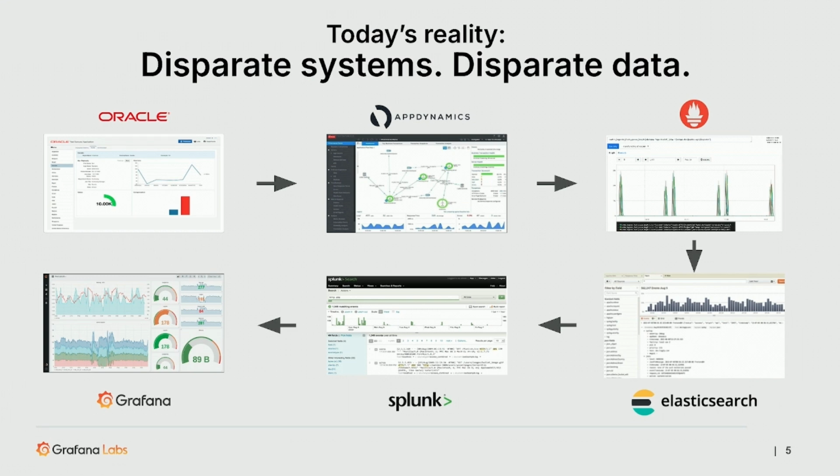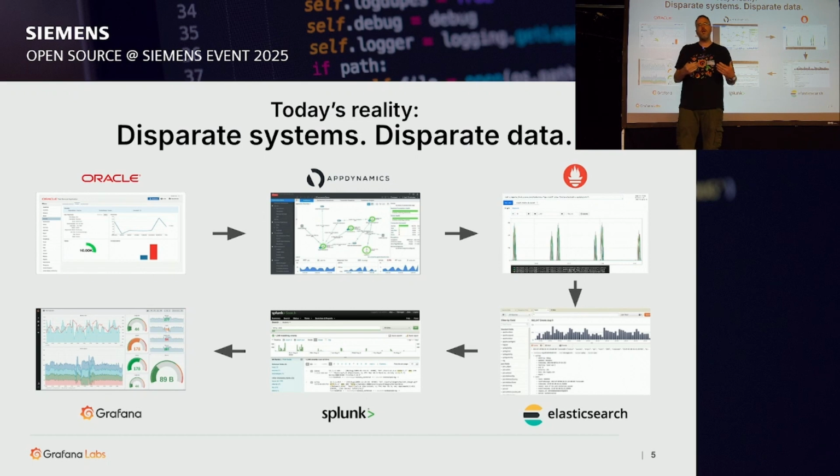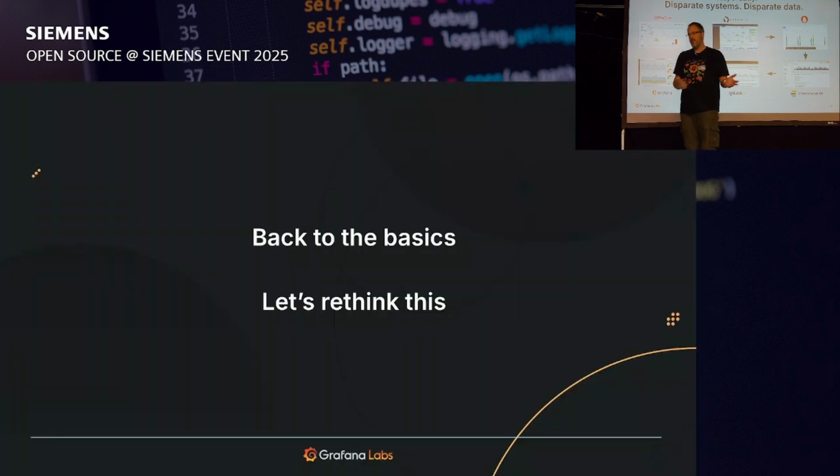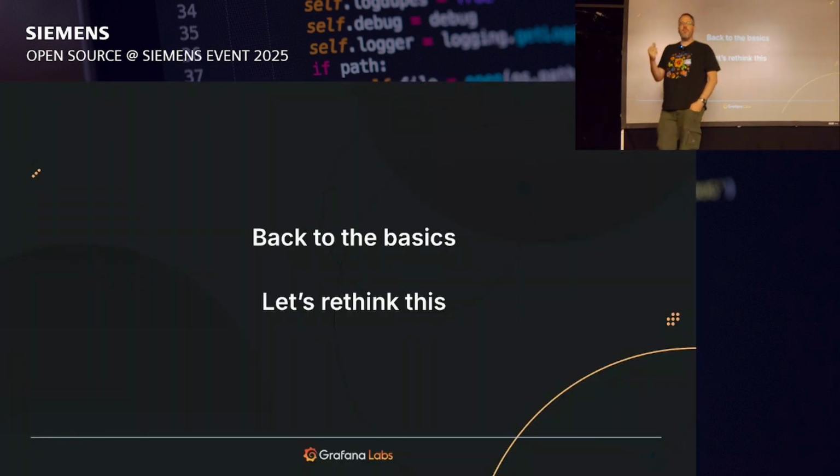The problem is this slows you down, and this takes up a lot of mental energy. And by extension, it makes it harder to understand what is actually happening. And if it's harder for you to understand your systems, again, by extension, it is also harder for you to pour your human understanding into machine code or into runbooks or into whatever. It slows everything down. So let's rethink a lot of this, and let's really get back to the basics of